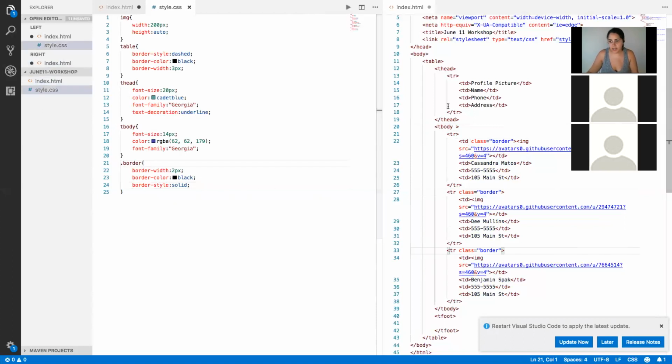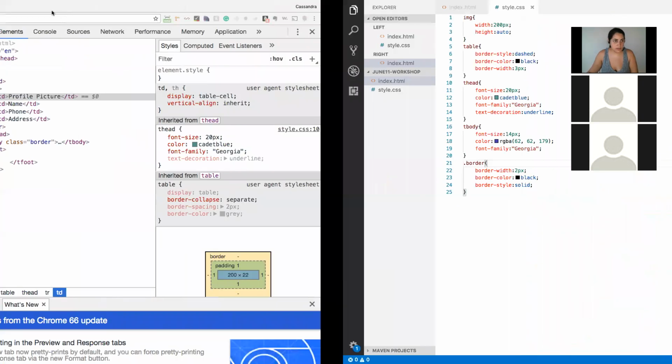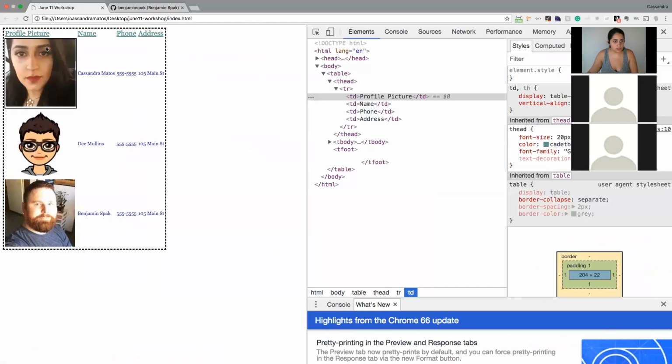So I've added the class border to just these TD elements, not all of them. And then I am just targeting the class over here in my CSS. Make sure this is saved. And if I refresh here,